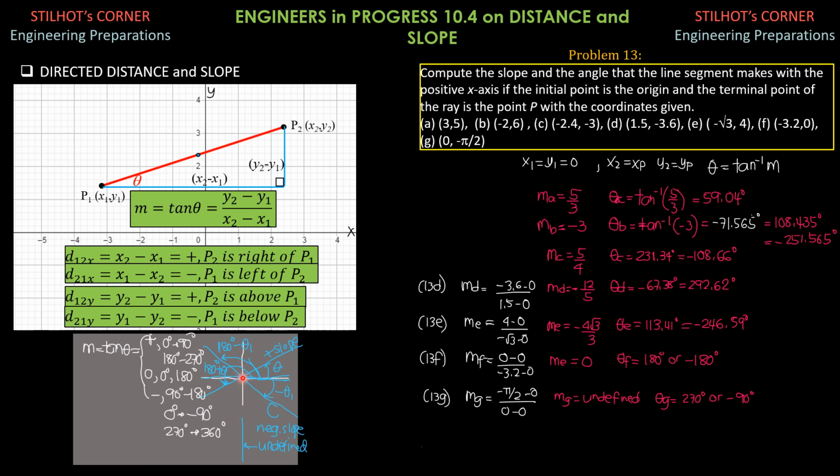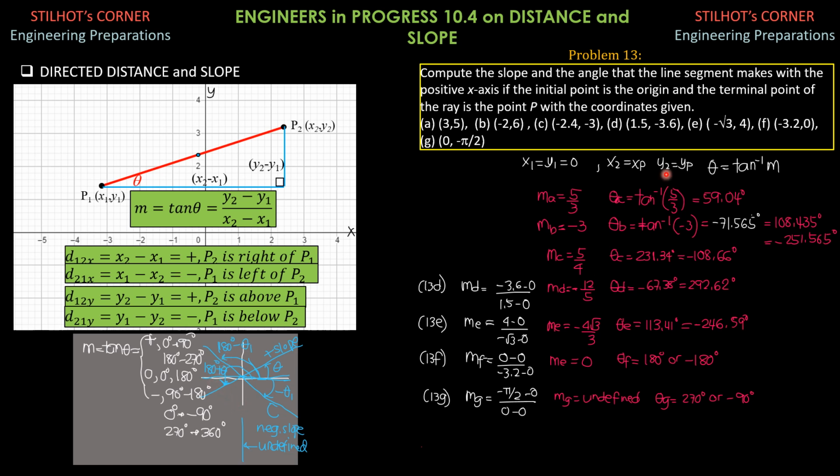But the line is directed from the origin to that point, so this should be the angle, not this angle here. So that's why the angle is 180 degrees minus the absolute value of the angle calculated, so 108.435 degrees, and in the clockwise direction, negative